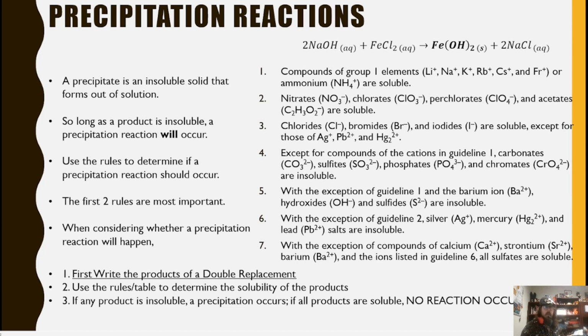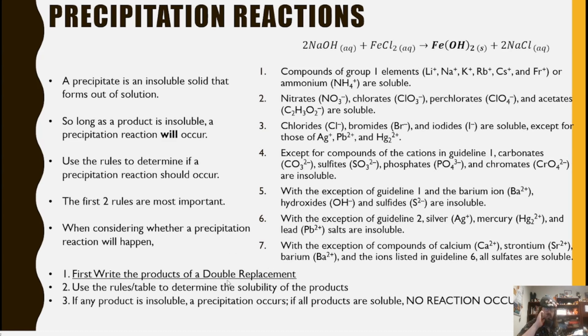Now, while there are rules, and you can use those rules to determine whether precipitation should occur, there's also tables, and I'll show you the tables later. But the first two rules are most important because these are the always rules. But when considering whether precipitation will occur,